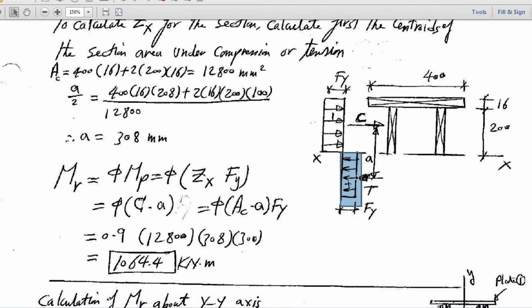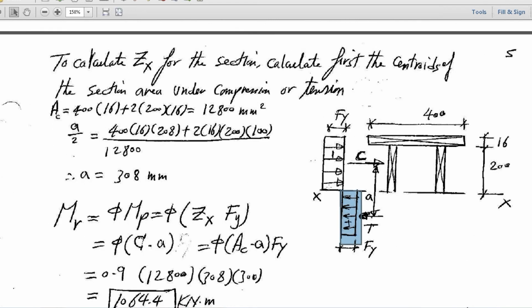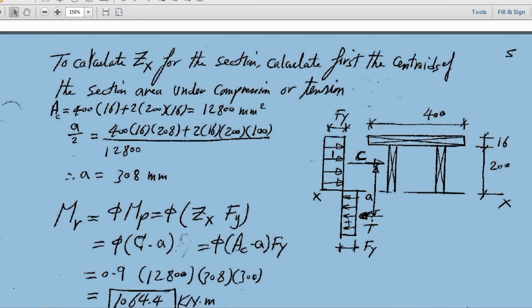So what is the corresponding moment here? Someone would say, as I did here, that the stress distribution will act on these three plates, creating a force in compression, C. And I have a similar one in tension. So if I know the distance between the two forces, which is a, I can say that C times a